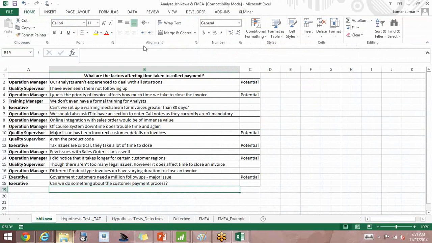So all these are your factors. What are the factors affecting time taken to collect payment? This will be the head of the fish. This is how you draw it.